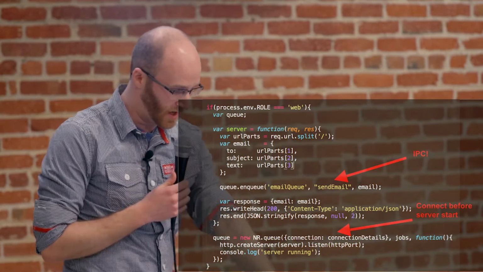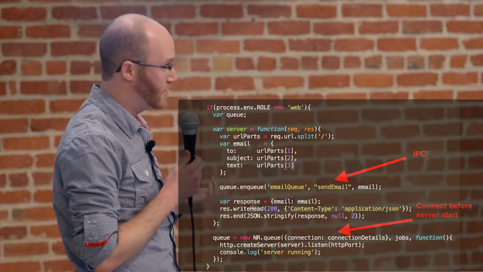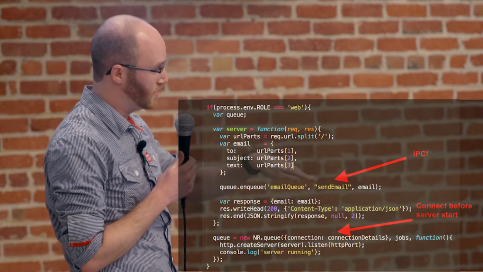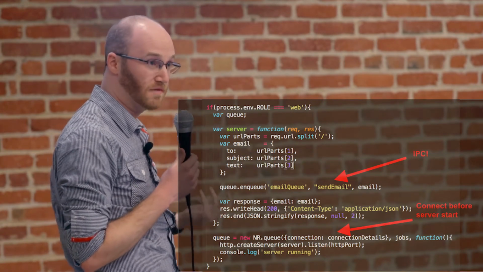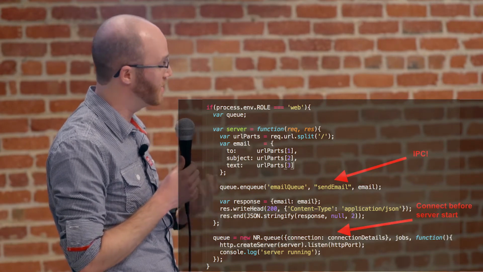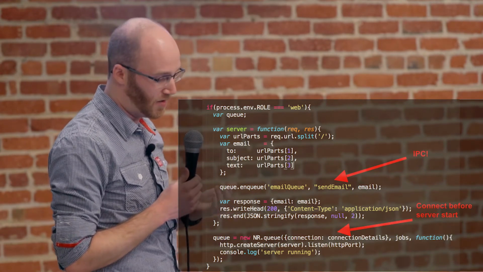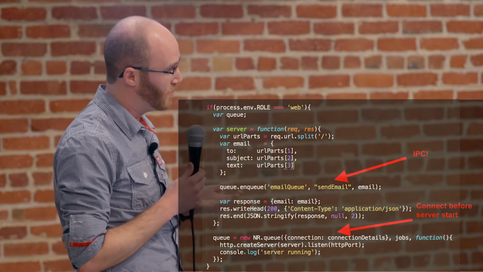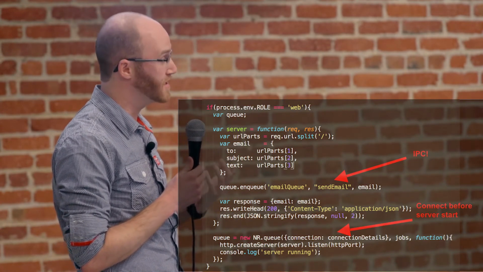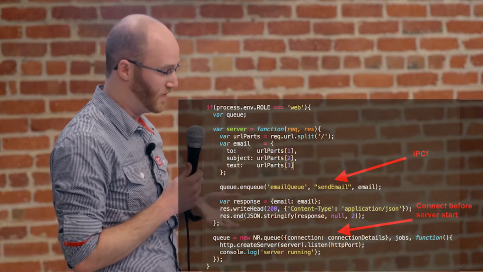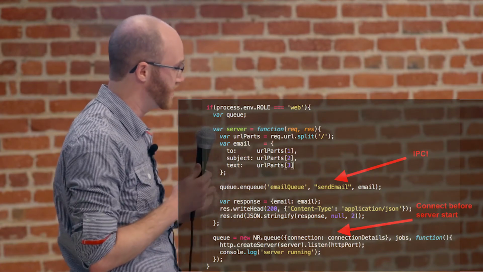So that's the queue setup line at the bottom down there. And then we just boot it. And then every time we get a message into the web server, we'll enqueue it in Redis and move on. So Redis is really fast. It doesn't actually have to do the SMTP parts of sending the email. So it's a little slower than we had before, but at least it guarantees us persistence now. And it guarantees us this is a database, so other servers can read it and things like that, which is